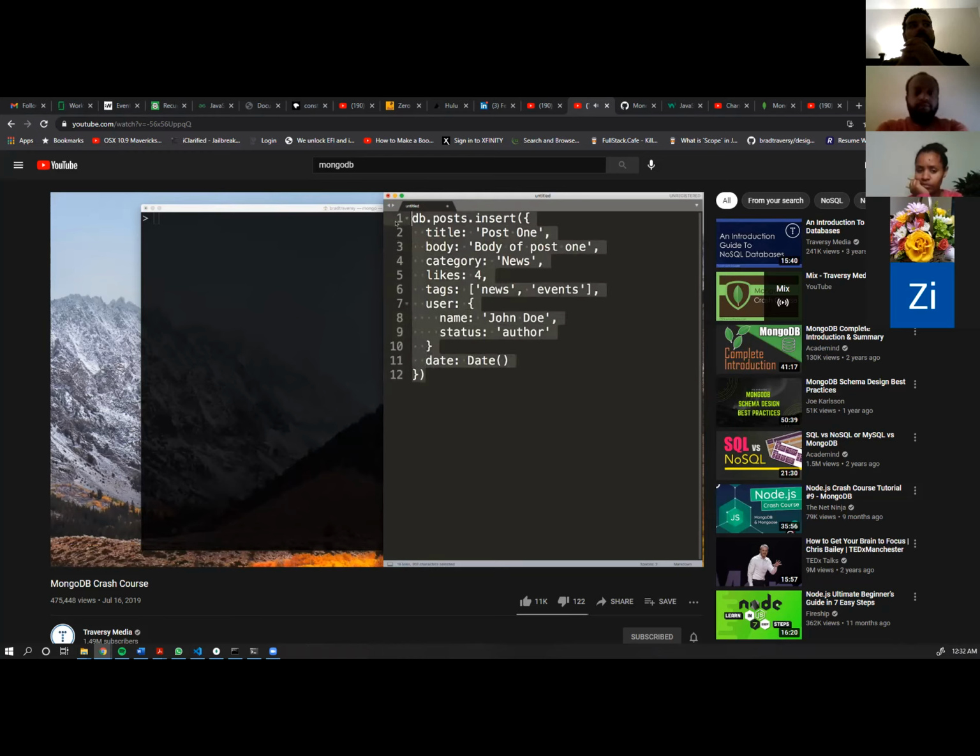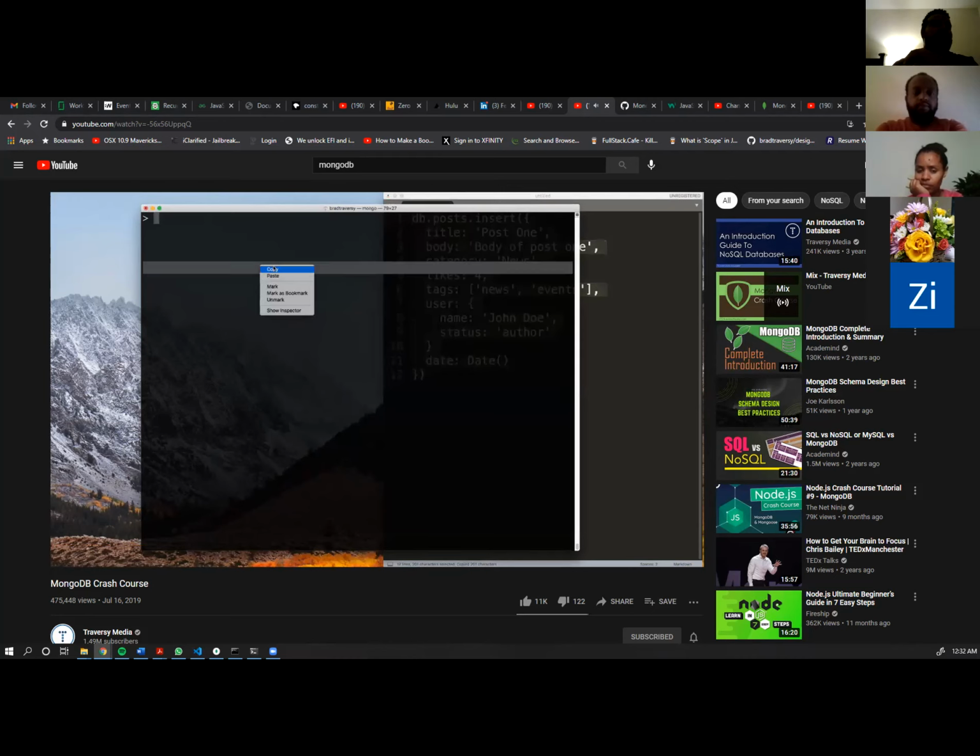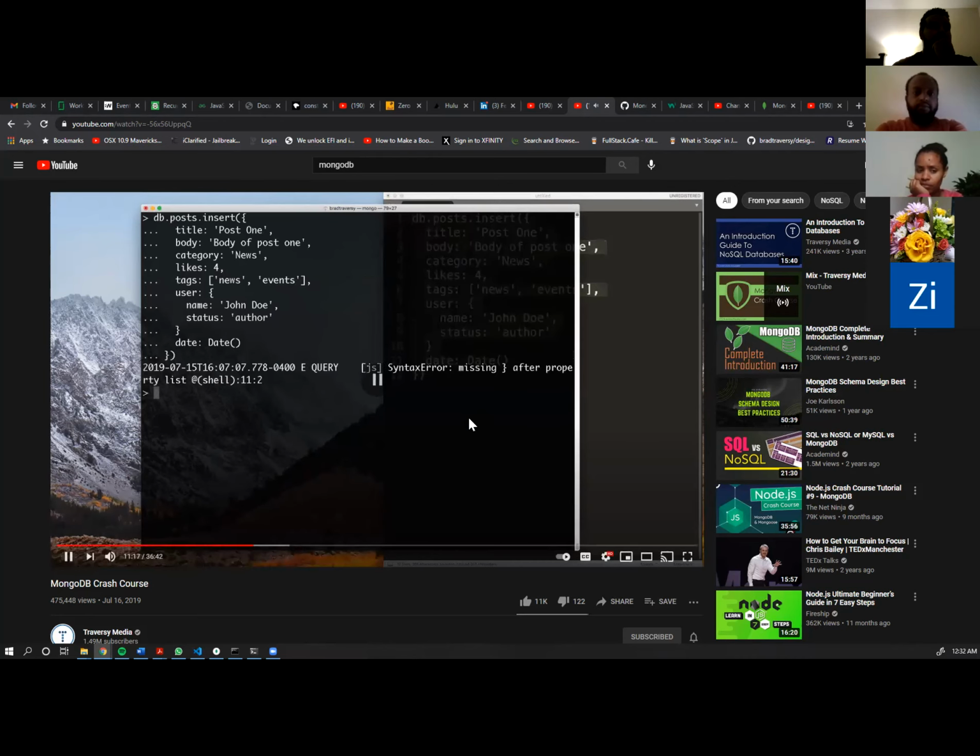So I'm going to copy this and paste this in here. And okay. So what is this doing? It looks like JSON data. Yeah. So I think this is called